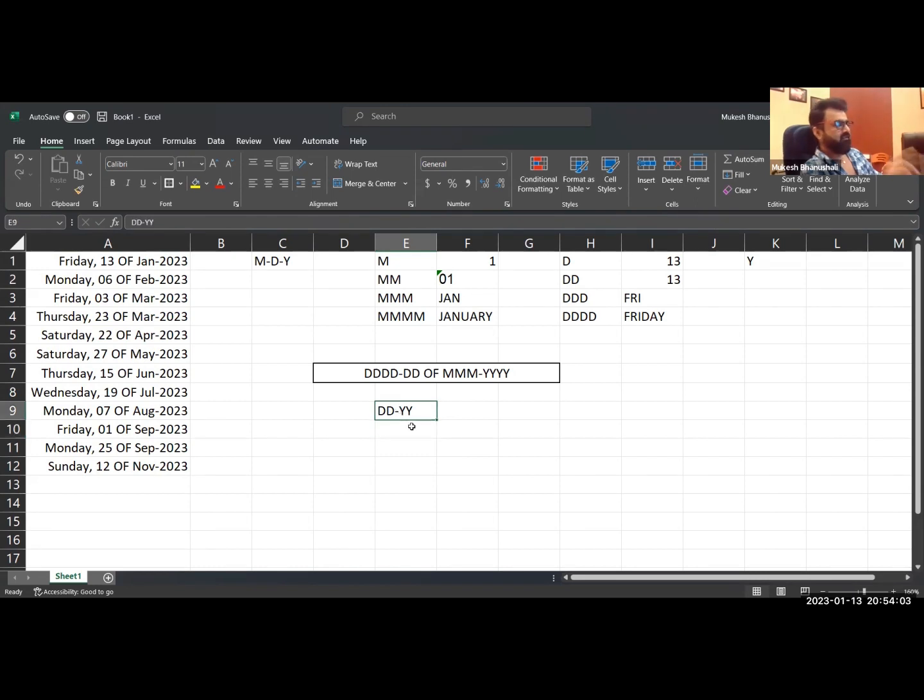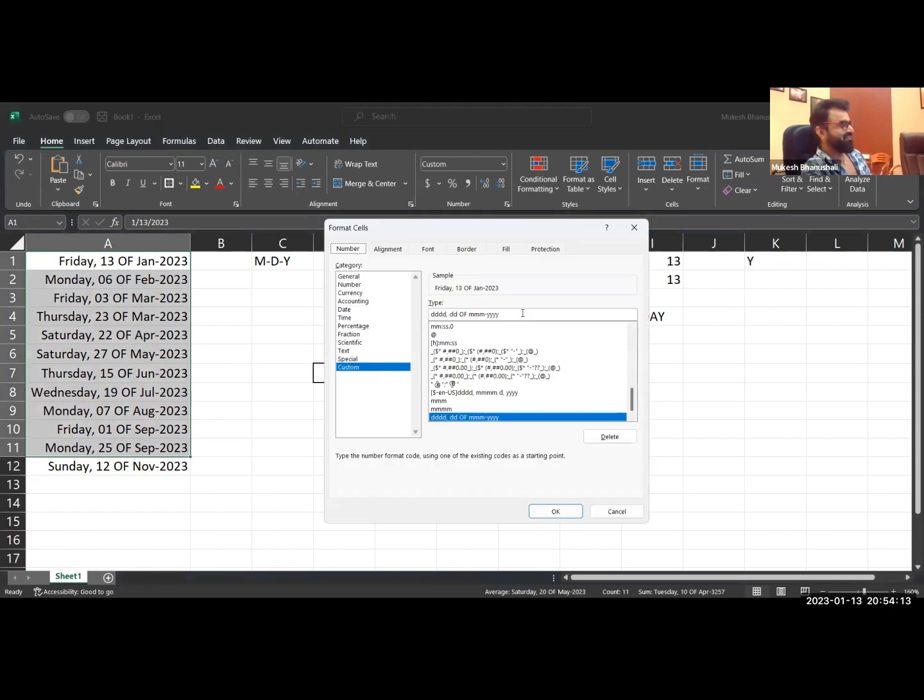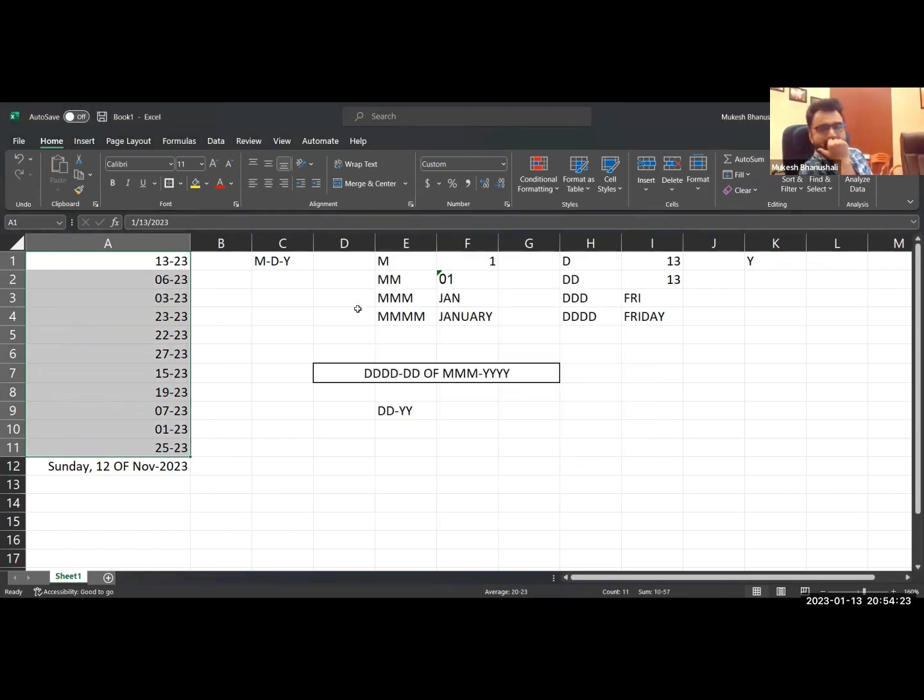Now DDYY हो गया. अब ये DDYY को अगर मैं यहाँ से कॉपी पेस्ट करता हूँ and I just select this all and I press Control 1 and Control V. अरे DD dash YY. ऐसा दिखेगा, ठीक है। एनी क्वेश्चन प्रकाश? आगे बढ़ते हैं, चलो।